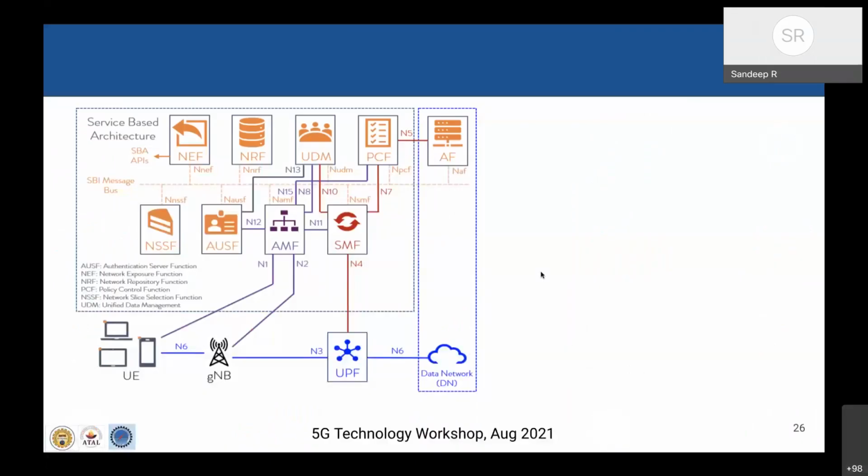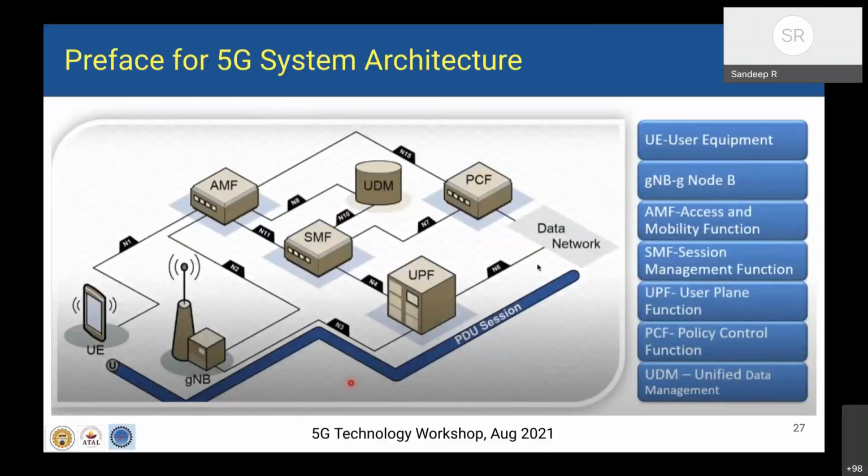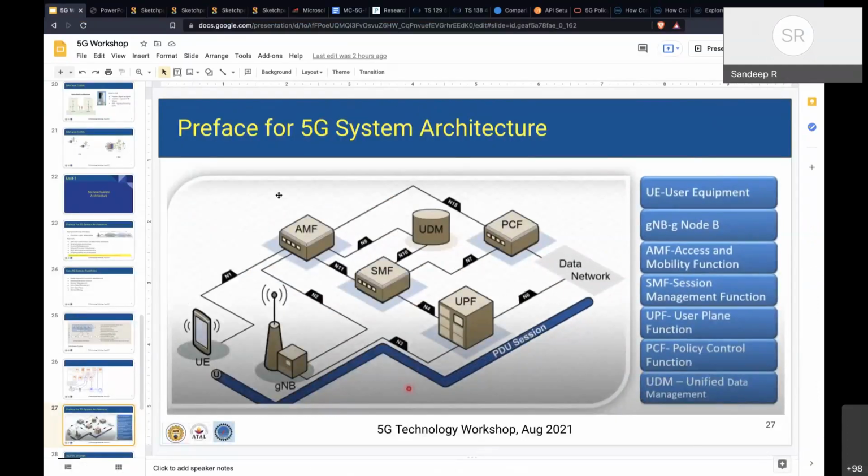Okay, here we go. Can you see what I'm sharing? I think it should be visible. Okay,